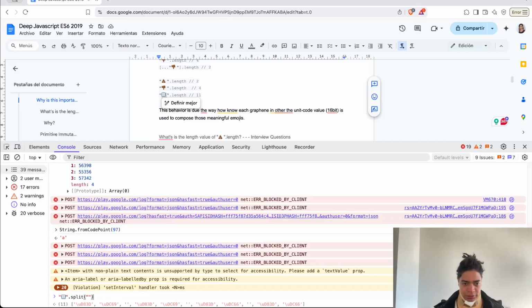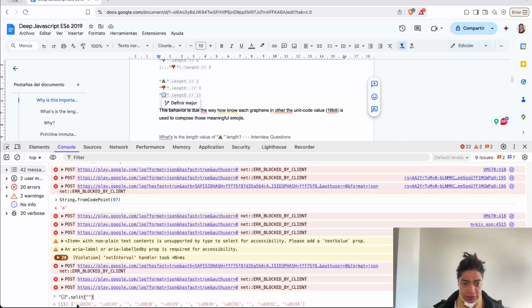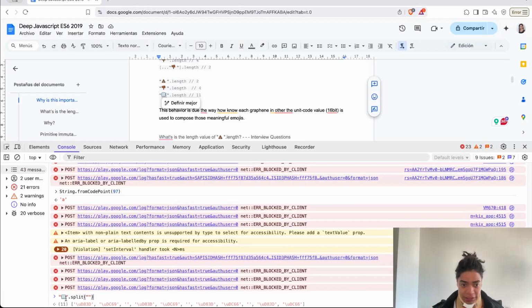Well, you can quickly see here the per-unit characters. This family icon is made of a surrogate pair followed by a white space, a surrogate pair followed by a white space, and a surrogate pair. So in other words, it's using 3 surrogate pairs